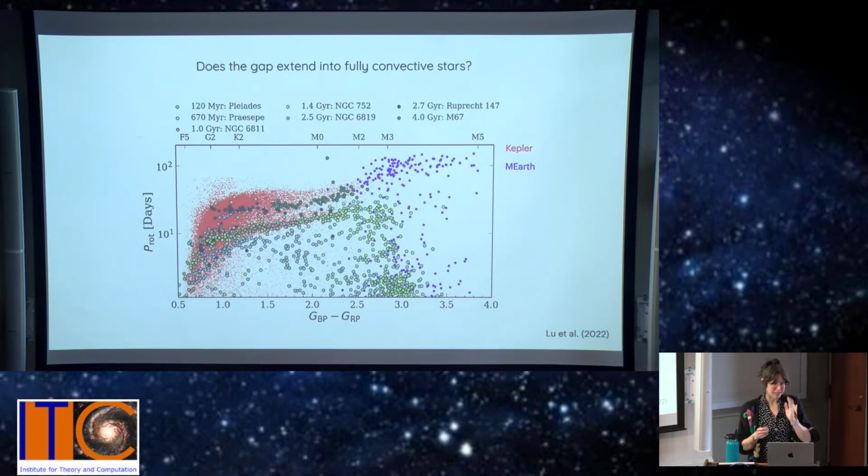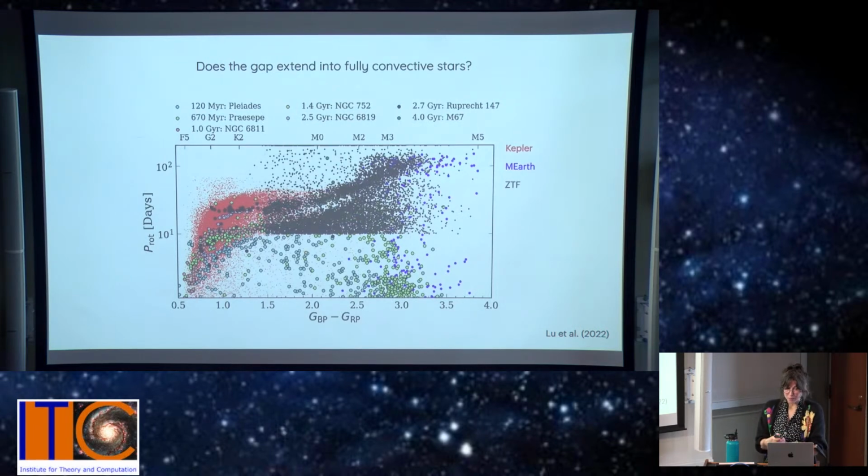Originally we wanted to do it using TESS, but it's very difficult to measure long rotation periods with TESS, as you'll see if you come to my lunch talk. So instead we turned to the Zwicky Transient Facility and tried to measure rotation periods using ZTF light curves. Lucy had a lot of success with this and was able to add these black stars to this distribution. She measured about 40,000 new rotation periods with ZTF. You can see by eye that indeed the gap does seem to disappear for late M dwarfs,